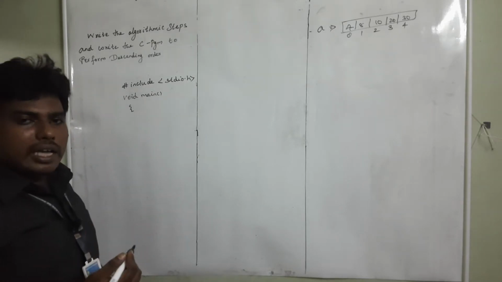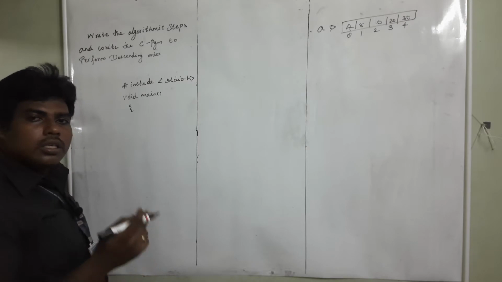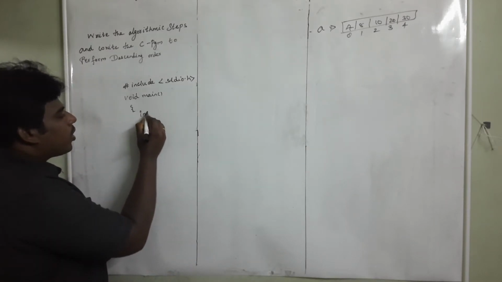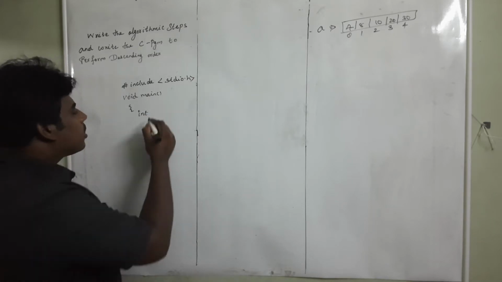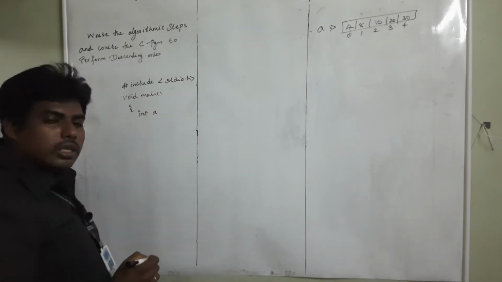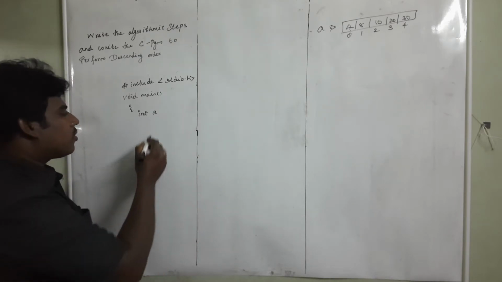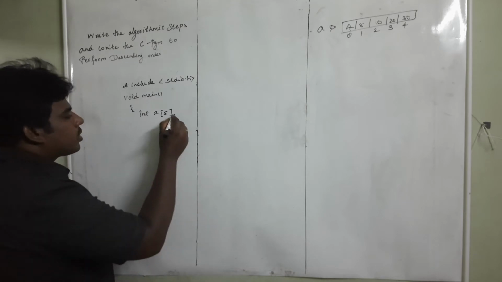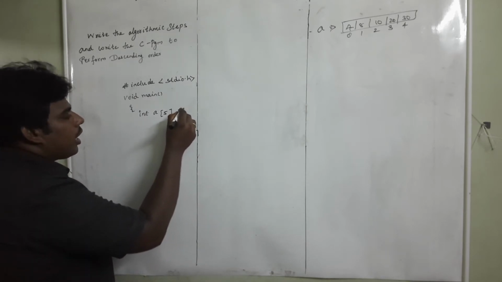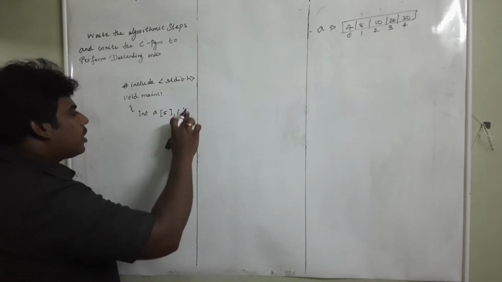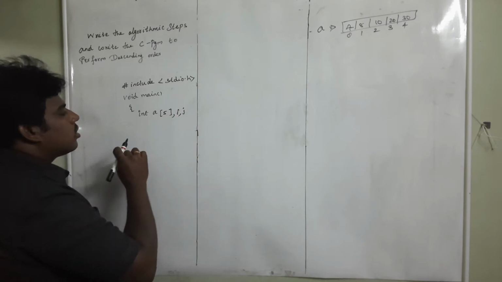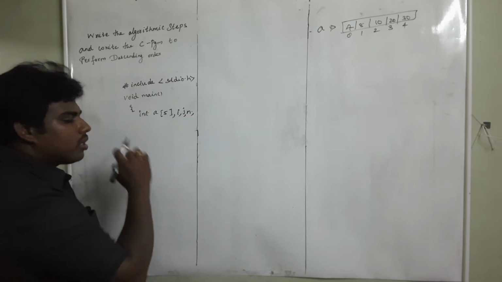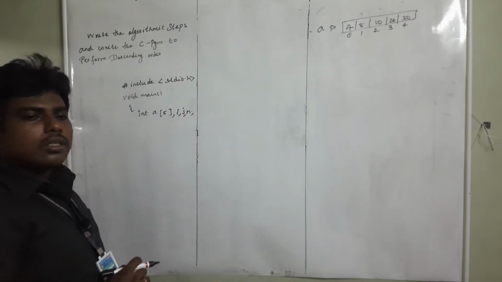First declare the array. How to declare an array? What's the syntax to declare an array? Data type. Here I am going to use an integer array, so int, and my array name is A. What's the size there? Here I declare 100 elements. I am going to use 2 loops, so I am declaring i and j here. And one more thing, I am going to get the n value also.